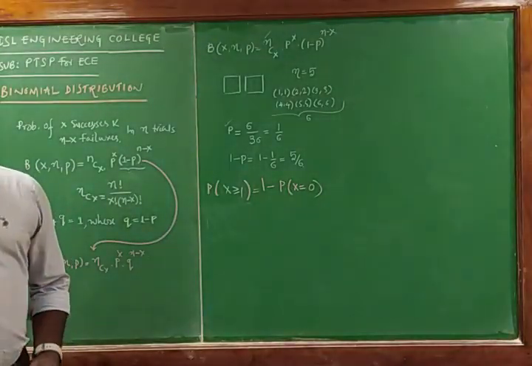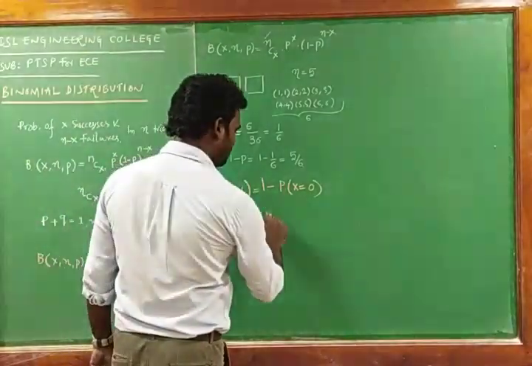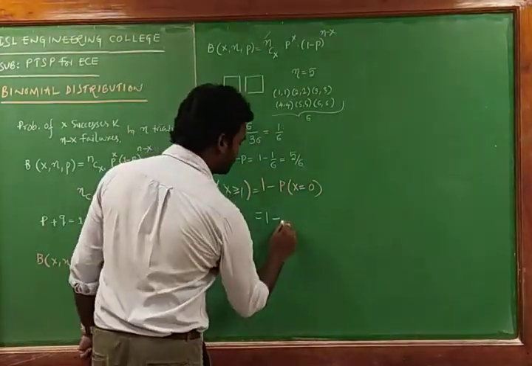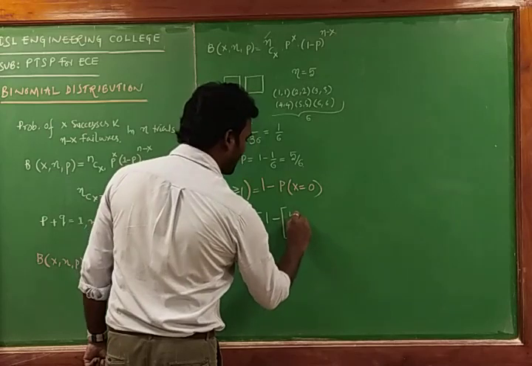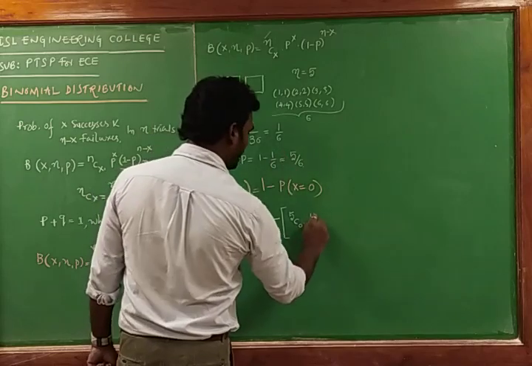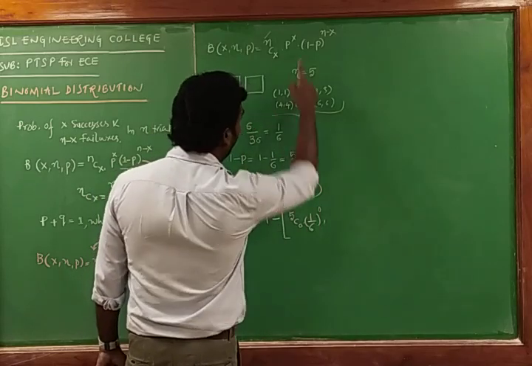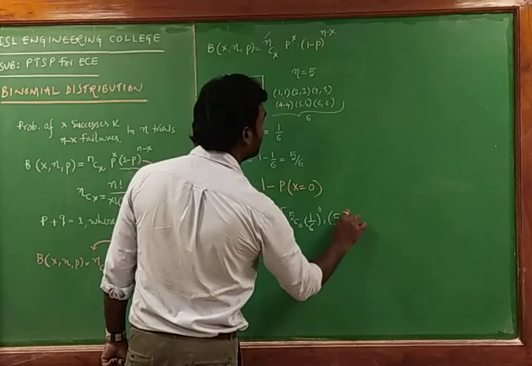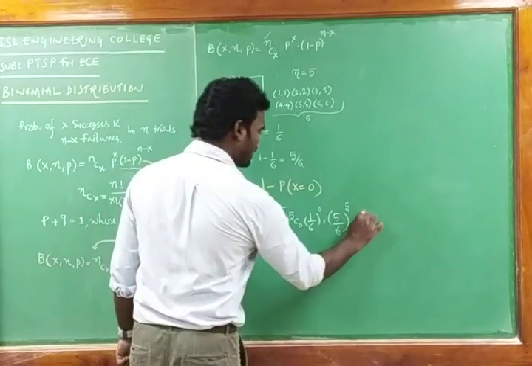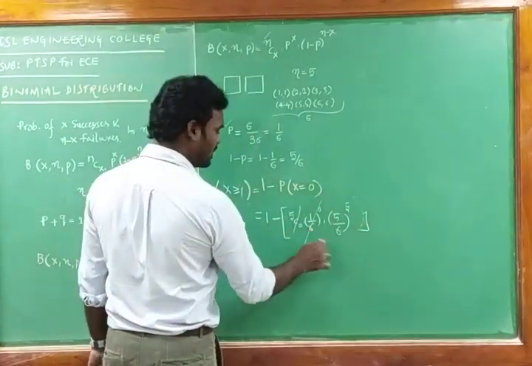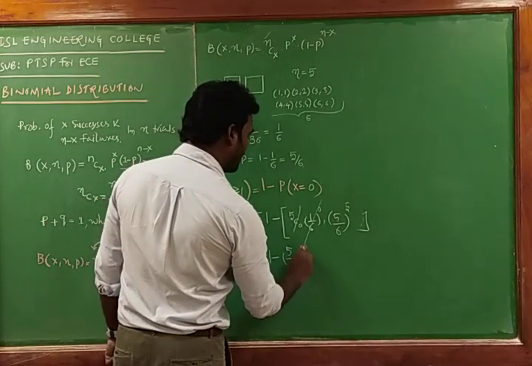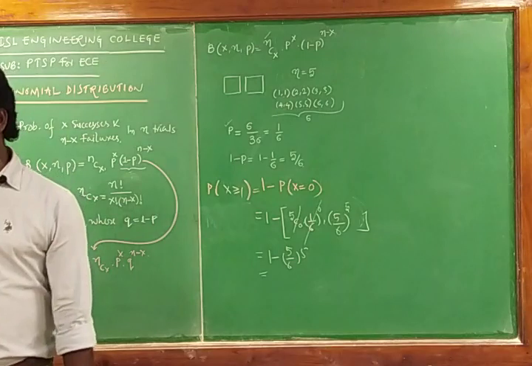That is, here we can have 1 minus p, probability of x is equals to 0, so that in this equation substitute x is equals to 0, that is n is 5, C into 0 and p is nothing but 1 by 6 to the power of 0, and this is 5 by 6 to the power 5 minus 0, that is 5 only. So that you can have this one is 1 and this one is 1, and so that you can have 1 minus 5 by 6 to the power of 5, so that you can get the answer is,